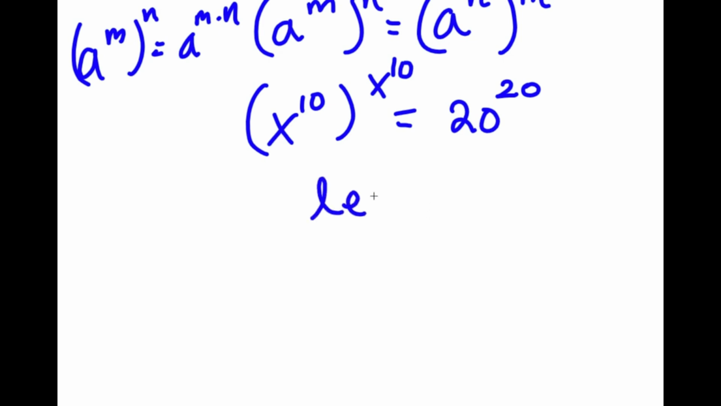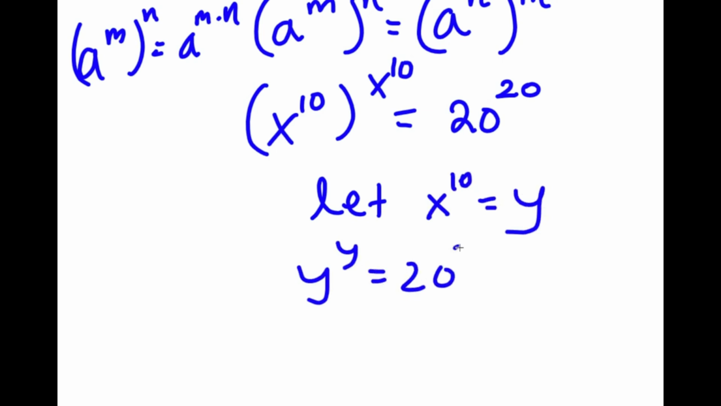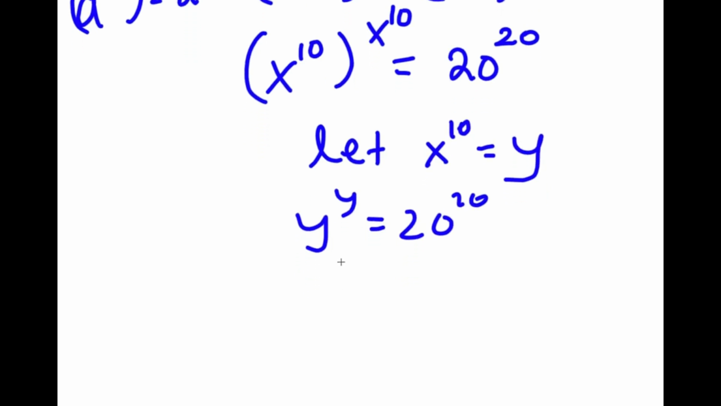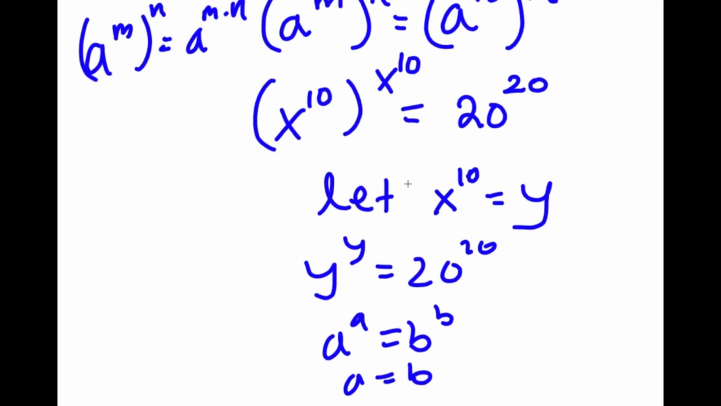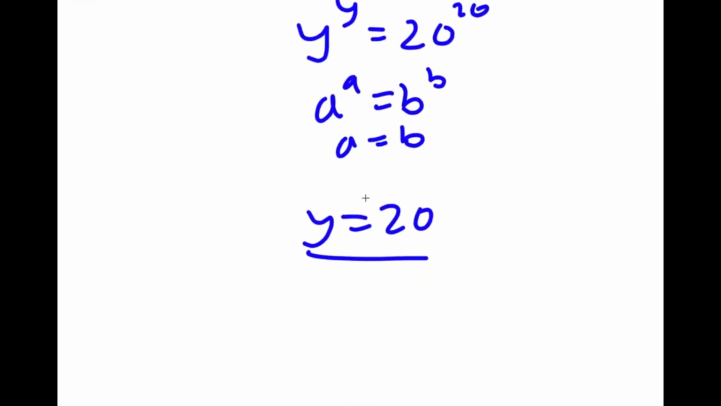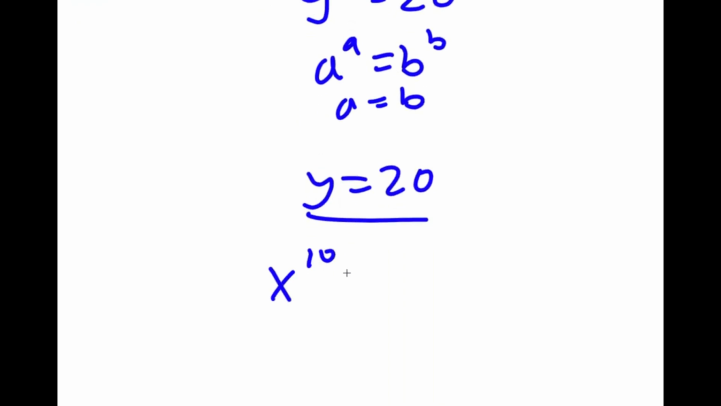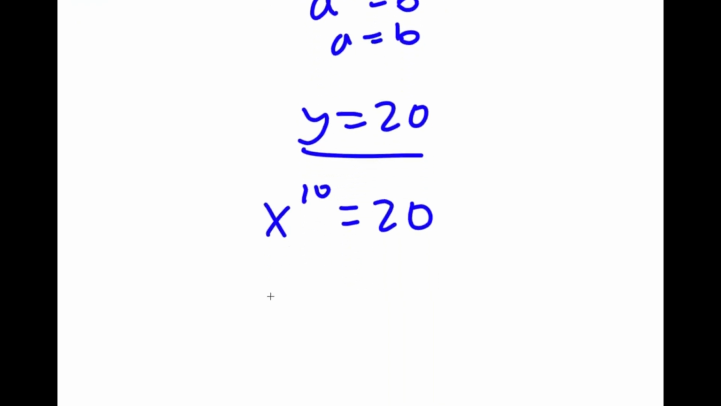Now I'm going to let x to the power of 10 equal the variable y. So now I have y to the power of y is equal to 20 to the power of 20. And a to the power of a equals b to the power of b means that a equals b. So y is equal to 20. Now remember how we let x to the power of 10 equal y, meaning x to the power of 10 is equal to 20, and x is equal to the 10th root of